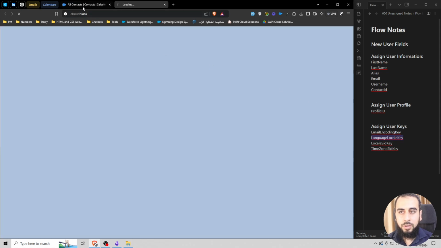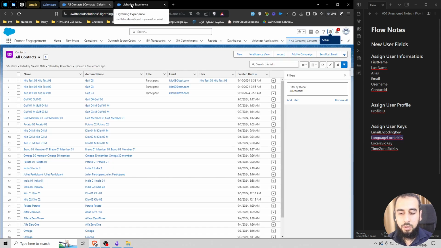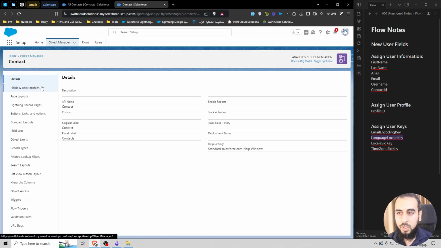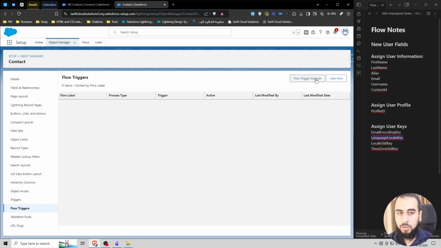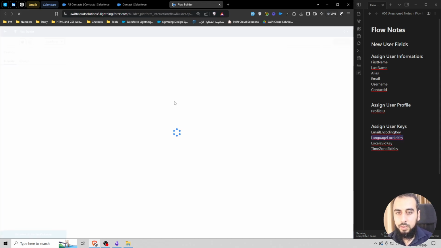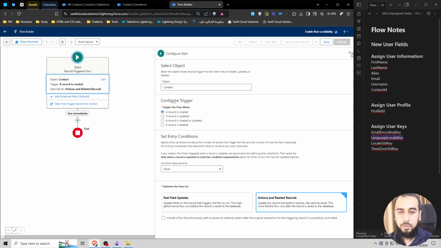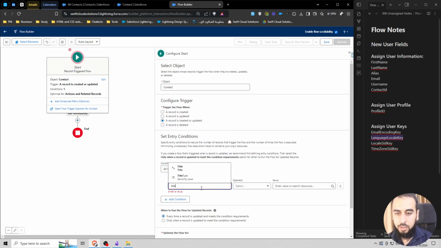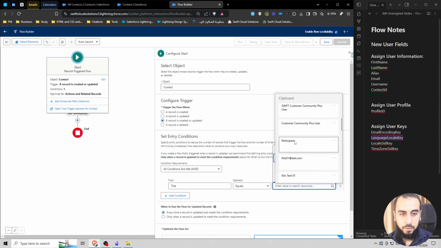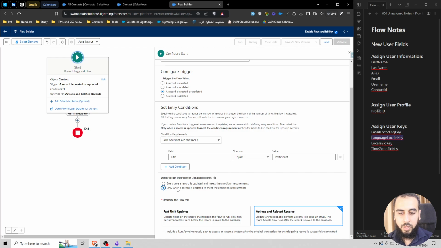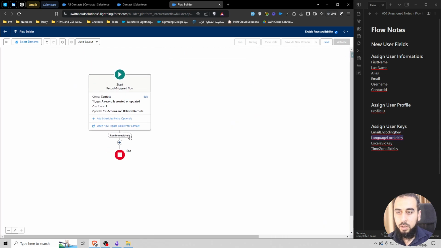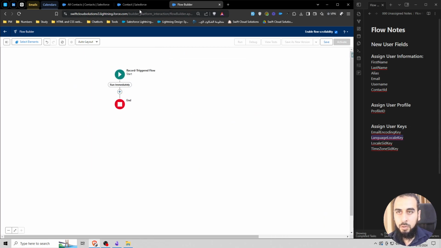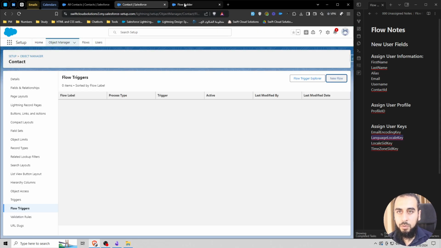So whenever a new contact gets created, we need to create the user and then assign the permission set. So triggers, new contact. Whenever a contact gets created where the title equals participant, or when it gets updated to be participant, then we need to create the user. And I'm gonna do this in a subflow. I'm gonna use the assignment of the user in a subflow, and then let's go to flows,